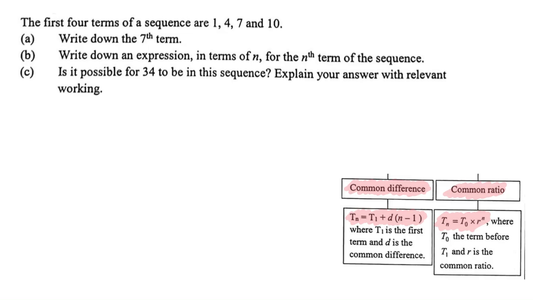Hello everyone, welcome to this example where we will have the first four terms of a sequence. And for part A, it's pretty straightforward. We are just required to write down the seventh term. So I'm going to start off with the first four terms, and I notice that we always add 3